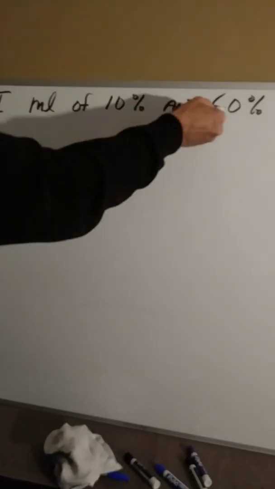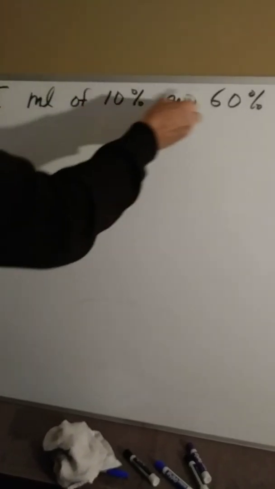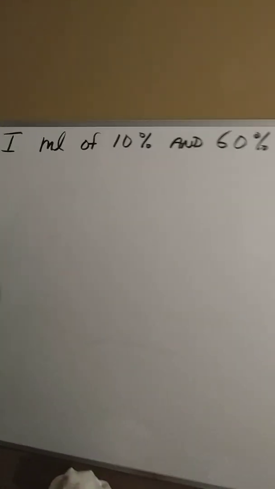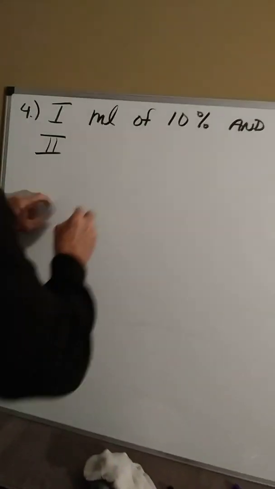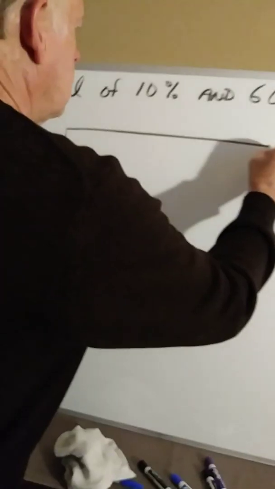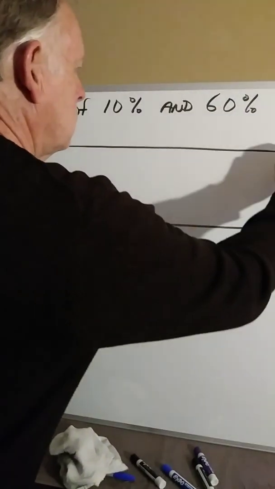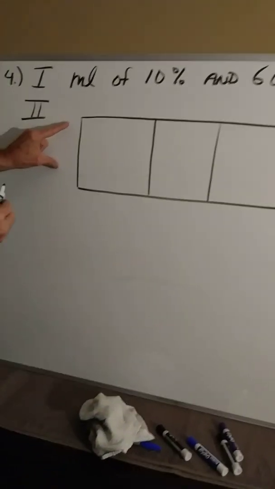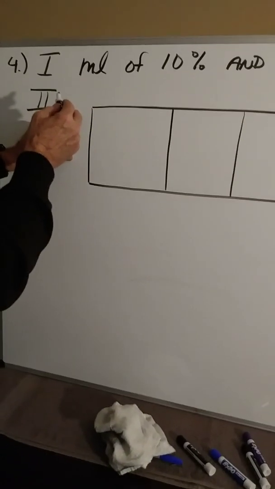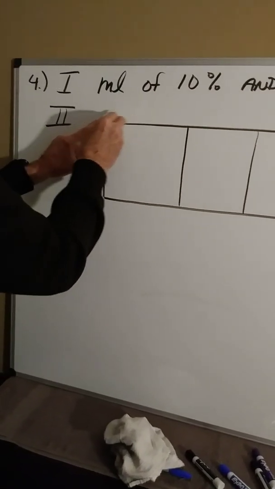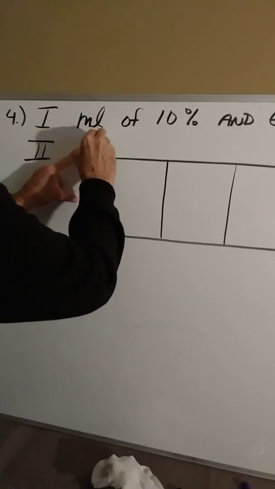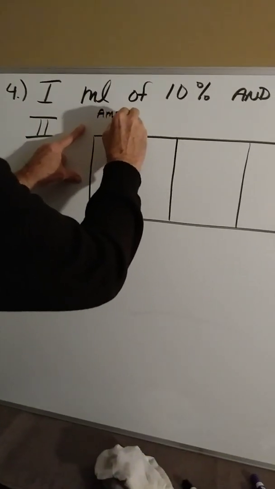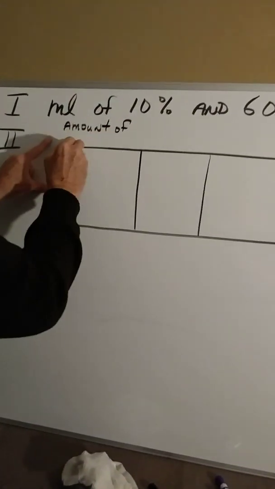That's like roses and carnations. That's like adults and that's like children. That's like the 9% investment, that's like the 11%. It's 10% and 60% that we're going to need. Step 2, make the chart. The chart will have 3 columns. And we're going to title those columns pretty much in the same way as we did that, simply blueberry lemonade. Column 1, we can just write this. Amount of solution